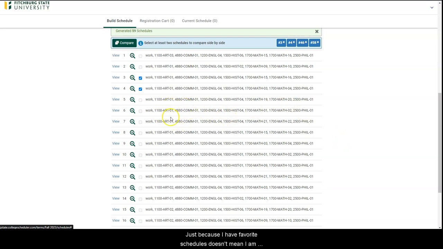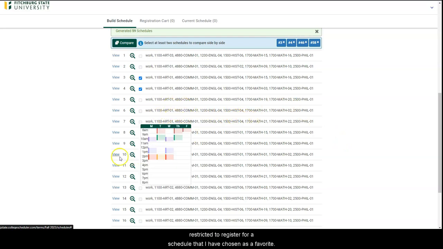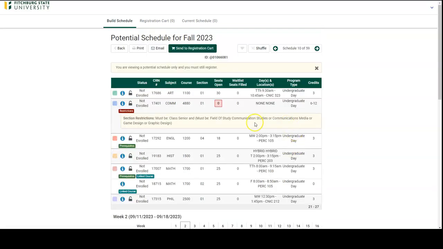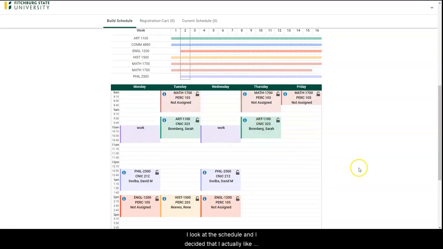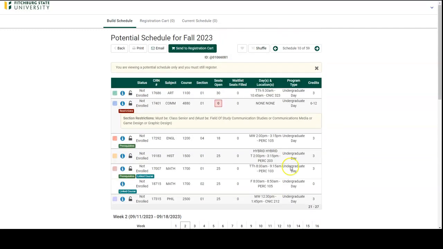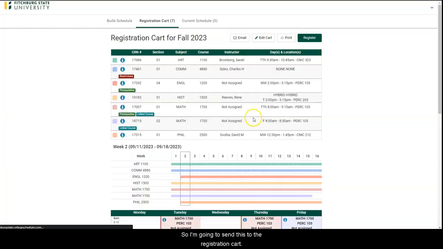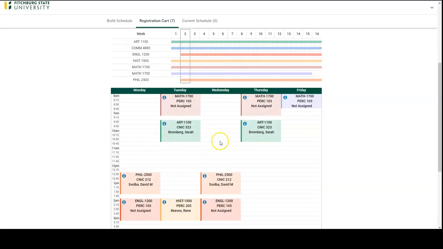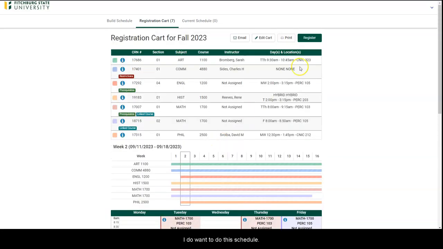Just because I have favorite schedules doesn't mean I am restricted to register for a course that I have chosen as a favorite. I look at this schedule and I've decided that I actually like this one better. Notice that my work schedule has been accounted for in this version. So I'm going to send this to the registration cart. I now have those 7 courses in my registration cart. I do want to do this schedule,